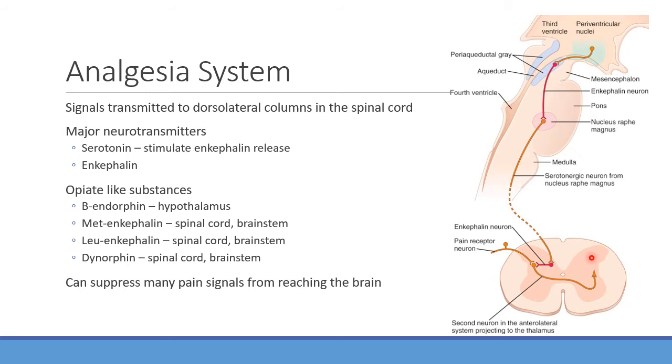So less of that pain signal actually made it all the way up into the CNS. This can happen again later on, further up in the CNS. You can have some of these nerves producing enkephalins that can help to inhibit that signal as well. Again, it doesn't necessarily get rid of the pain happening at the tissue, but it can limit the signal that's reaching up into the CNS.